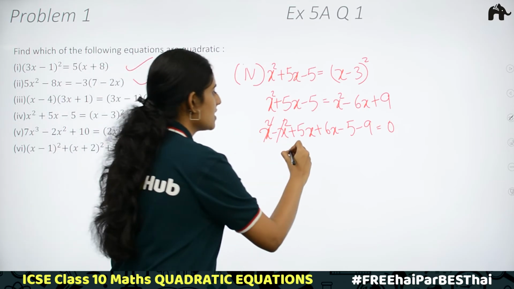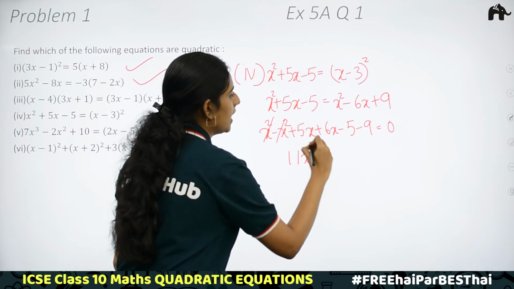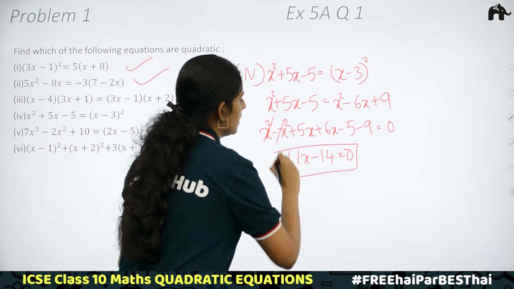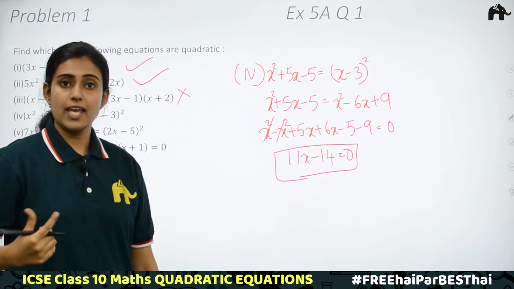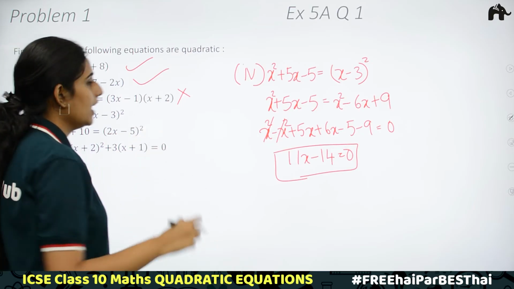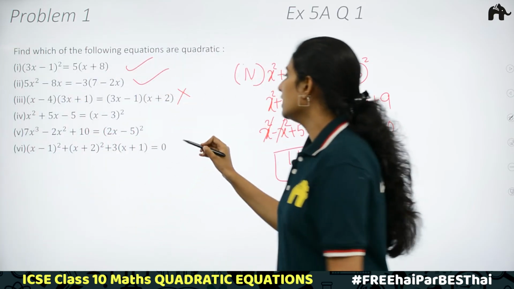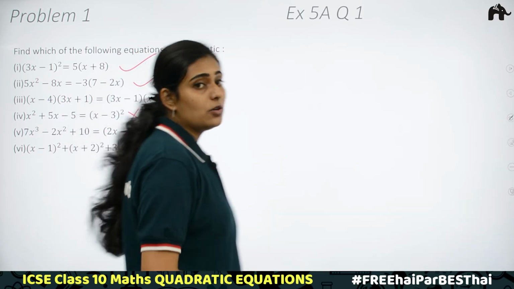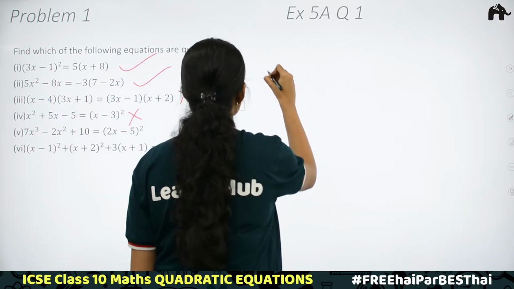The remaining is 11x minus 14 is equal to 0. This is not of the form ax square plus bx plus c is equal to 0. Again, the fourth expression is not a quadratic equation. Now, the fifth expression,